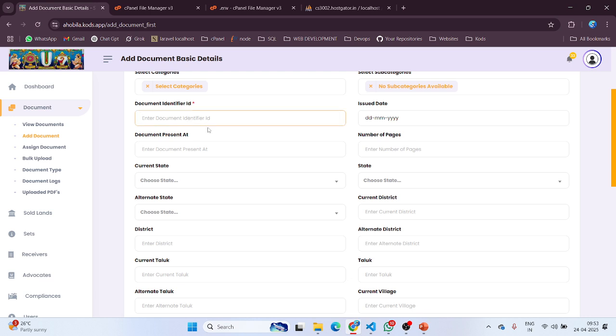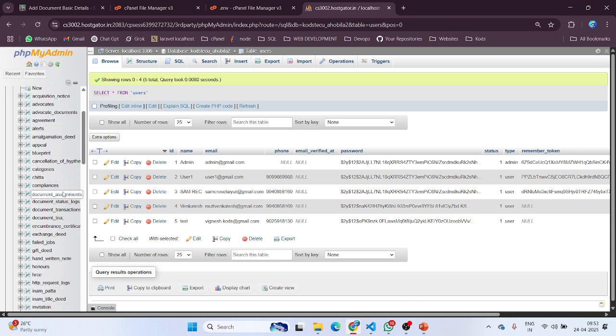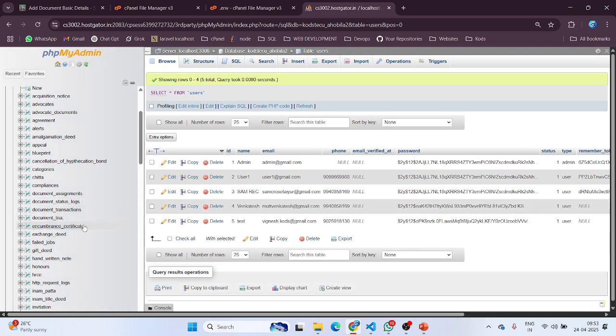And document identifier ID. Before, what happened: our team, the core team, went there. They scanned all the documents properly through their scanner and uploaded them. They created those documents one by one, and we were pushing them directly to our system. For that, bulk upload is already there. They created the Excel sheet which we were uploading. Okay, the main document table